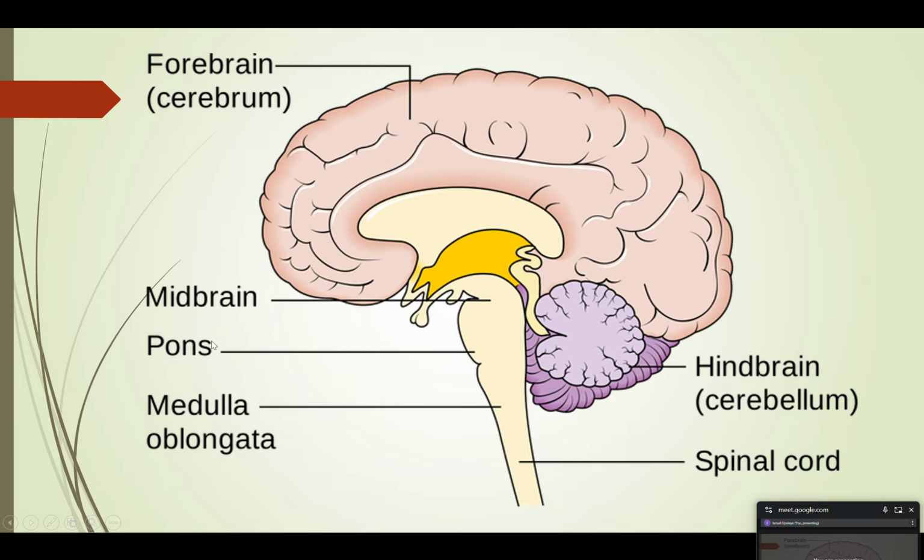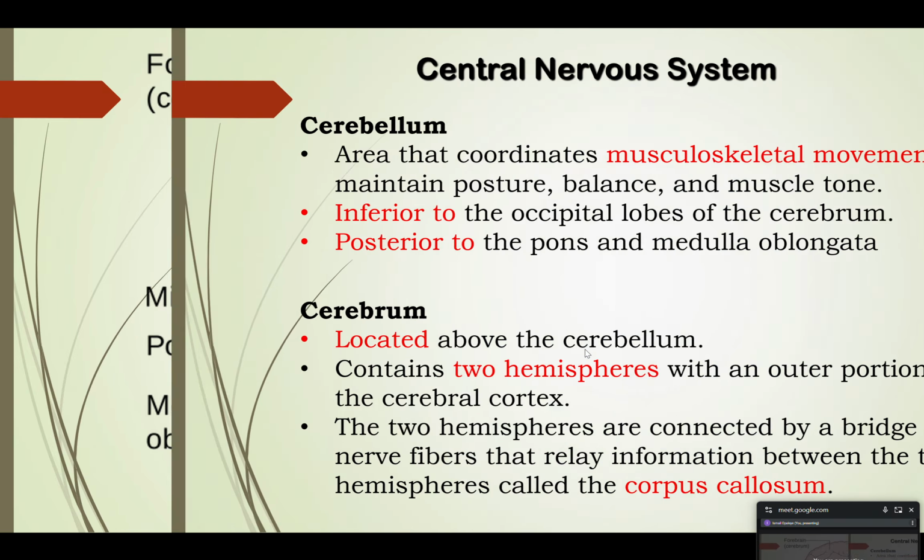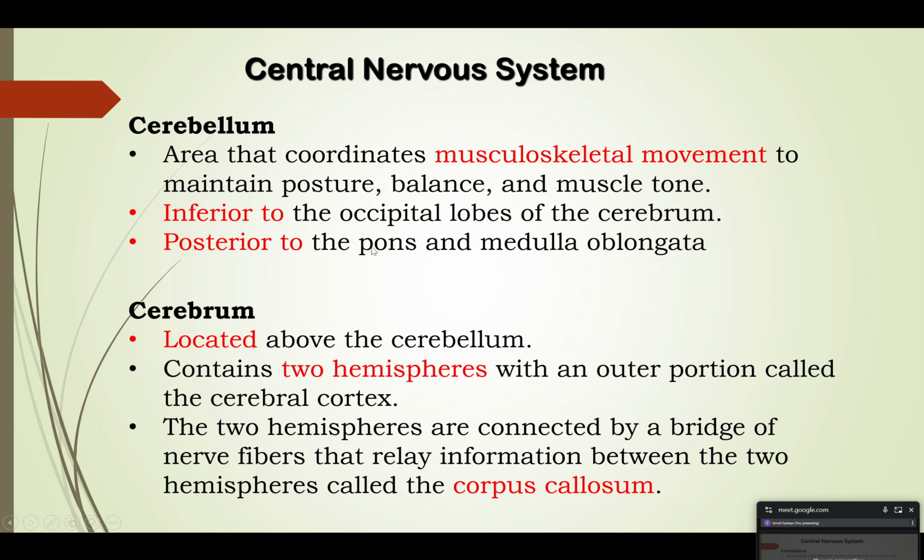And it is behind the pons, as you can see here. That's just describing the anatomical location. So the cerebellum is posterior to the pons and medulla and inferior to the occipital lobes of the cerebrum. It coordinates musculoskeletal movement to maintain posture, balance, and muscle tone. And then for the cerebrum,